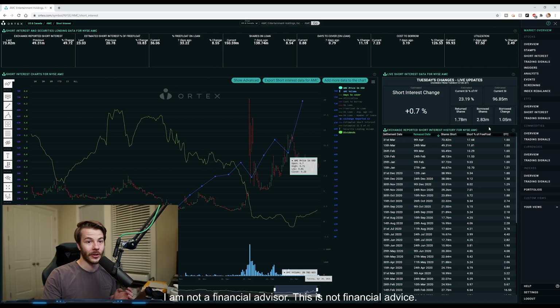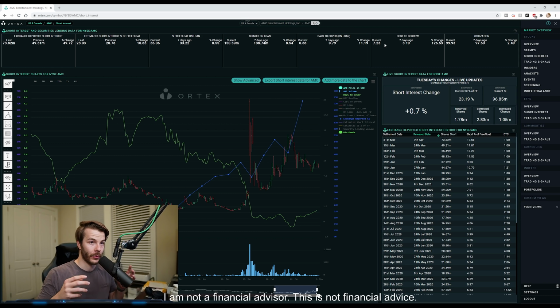And when we take a look at the shares borrowed today, it was 2.83 million, and the returned shares was 1.78 million. So there's still an outstanding balance of 1.5 million. The utilization is sitting extremely high at 99.93, and the current cost to borrow within Ortex is listed at